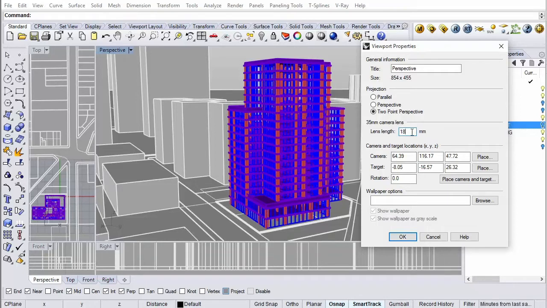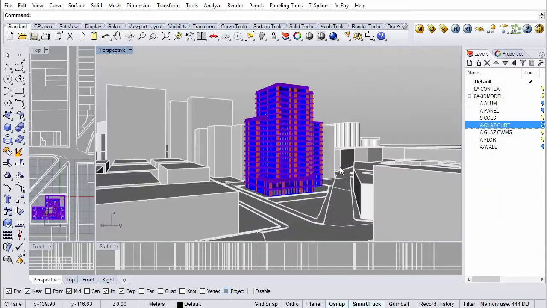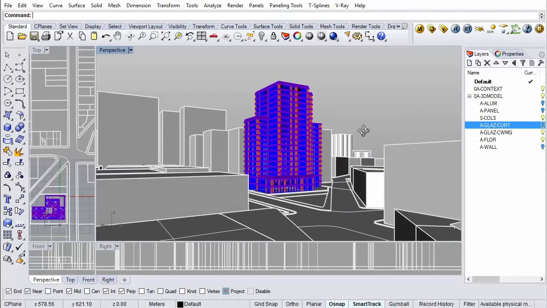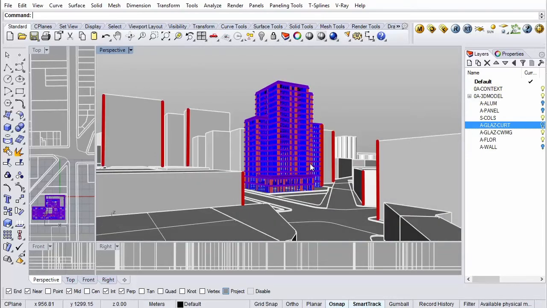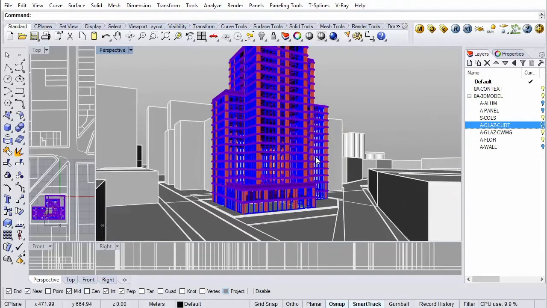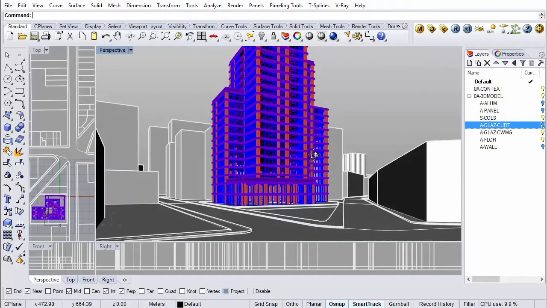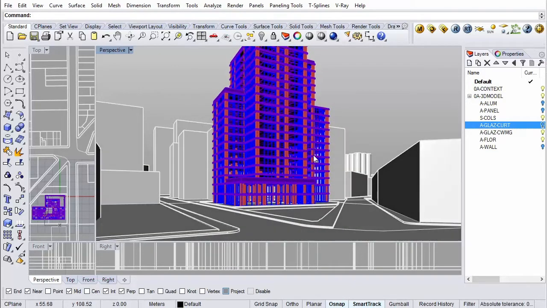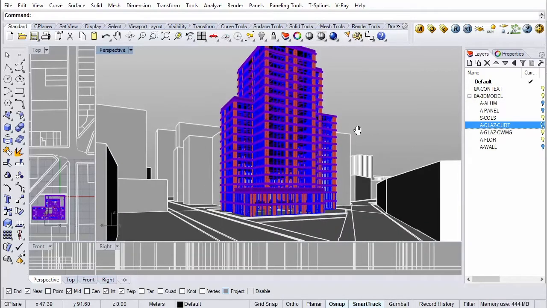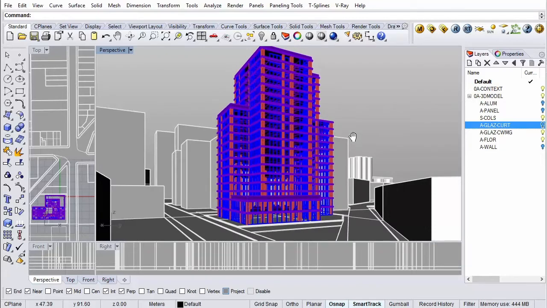And that's going to change. See, now all of the verticals are parallel. And that's really important for a professional architectural render. Now, you want to be able to place this camera very precisely at eye level.